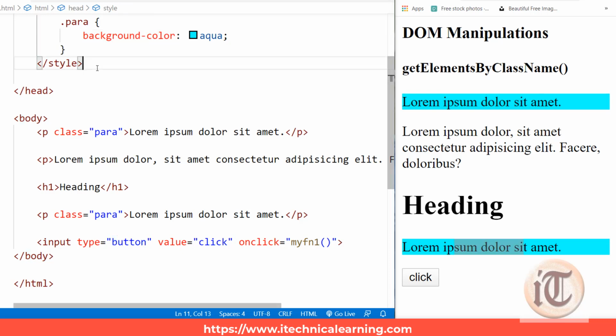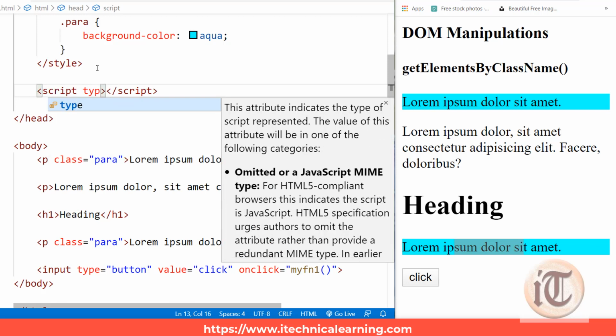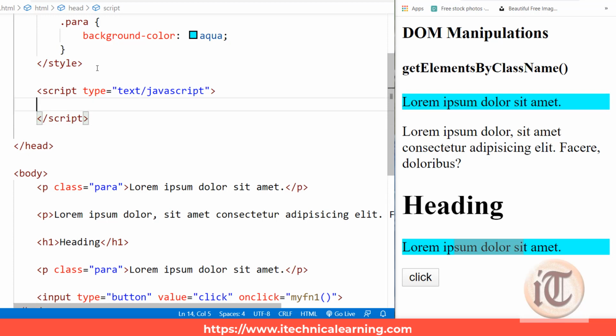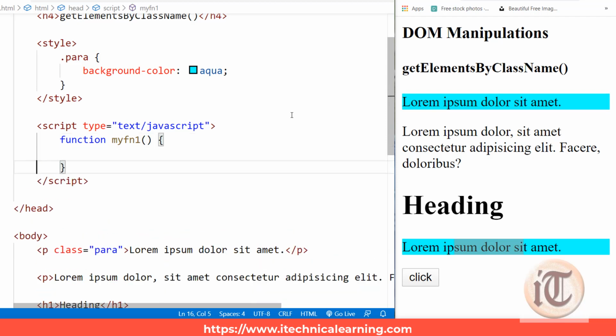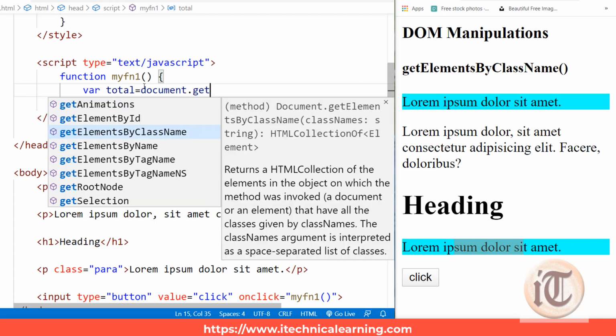To do that, I'll write the script tag inside the head part of my HTML document: script type equals text/javascript. Then I have to create this function myfn1, and inside this function I want to get the total count, that is, var total equals document.getElementsByClassName.